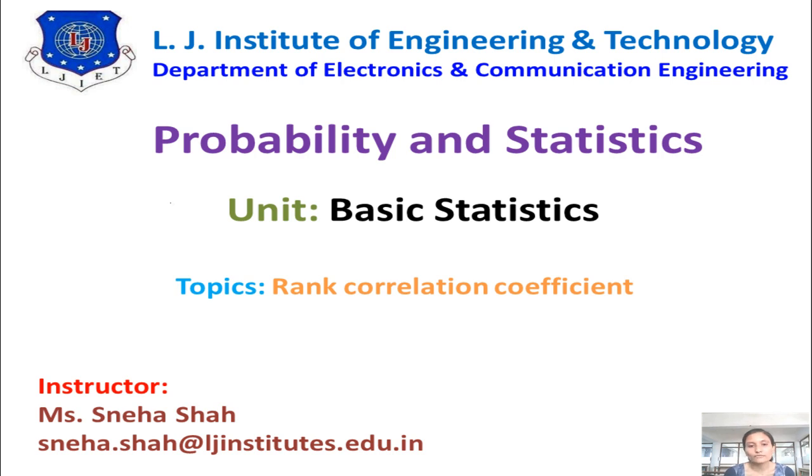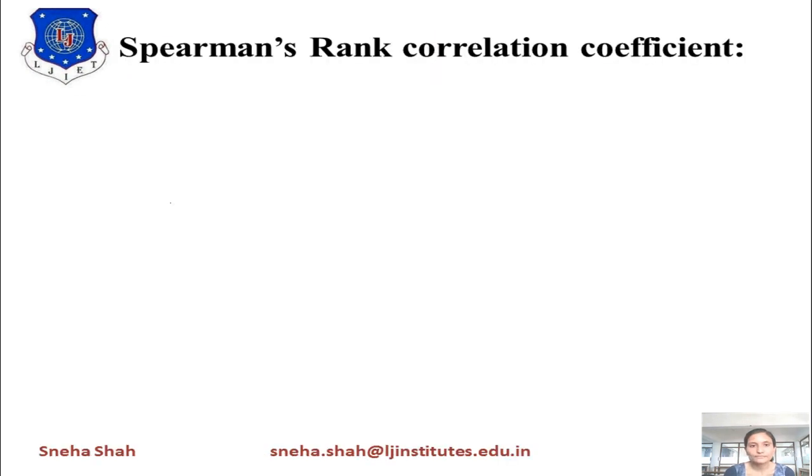For that, first of all we have to give the rank of these random variables, and then we define the relationship between these two ranks. That will be considered the rank correlation coefficient. It is defined by using one theory, which is Spearman's rank correlation coefficient. So, starting with this,